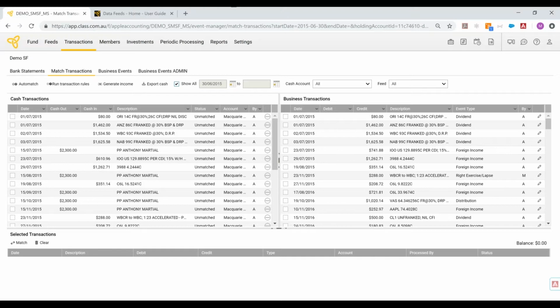The business transactions, they are the actual events that have taken place that as an accountant, you need to create a journal entry for. And so the way the Class system recognizes what a transaction is and what journal entry to create for you is in most cases by matching a cash transaction to a business transaction. However, the system itself is very clever and it's very intuitive. And approximately 95% of that matching will just automatically take place for you